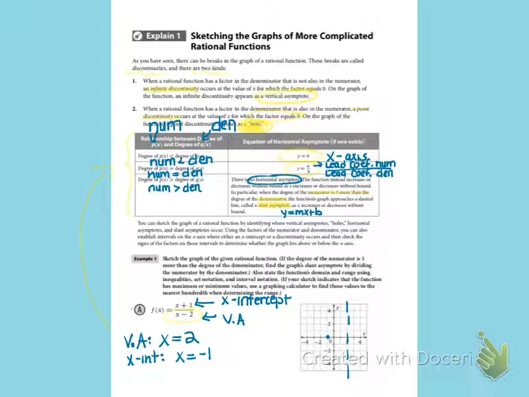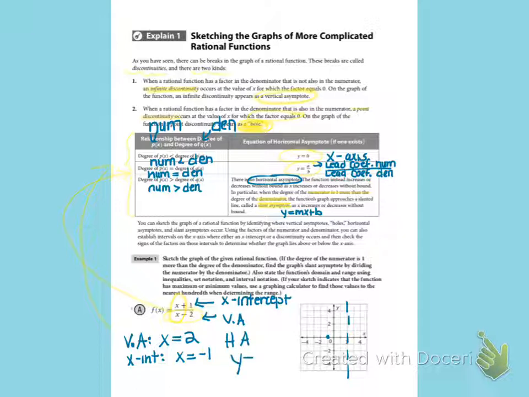So looking at our particular graph we're on right now, we can compare the degree of the numerator and denominator, and you can see that they're the same. See how they're both x to the first power? And that means we're going to use the scenario in the middle here, when they're equal to each other. And so what that means is I'm going to have a horizontal asymptote at the equation